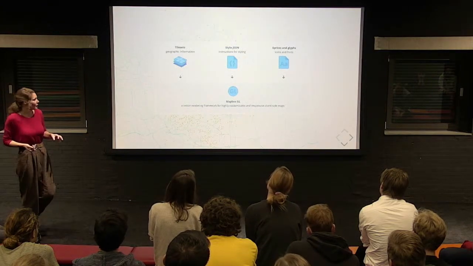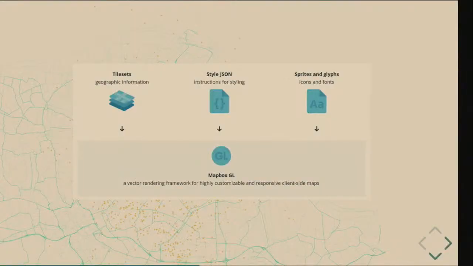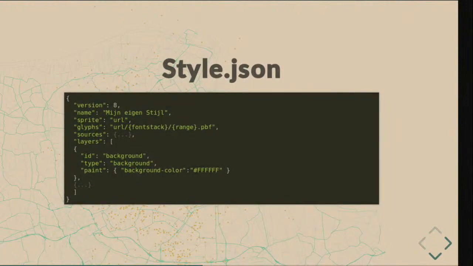So how does it work with vector tiles? You have your tile set, and you need some styling information and also some information for fonts and extra images. Styling, as I showed you before with the SLDs or with the map files, that looked really hard. Styling vector tiles according to the Mapbox styling specification is done in JSON syntax. And this is way more developer friendly and better readable, because JSON is JavaScript Object Notation. I don't know if you worked with that, but probably if you did, you can just easily read this.